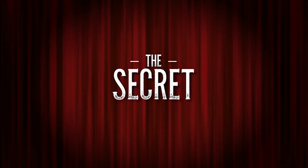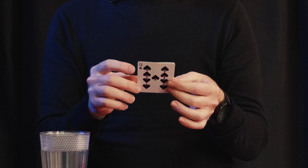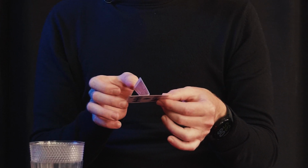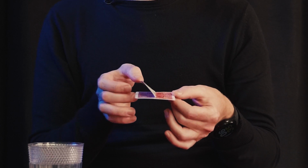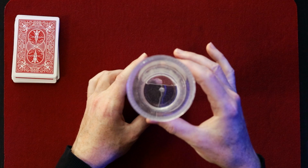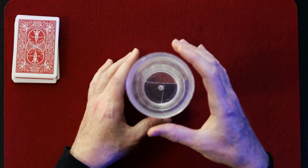So the secret to this trick is actually very simple. The deck of cards is normal, the glass is normal, but the card is secretly prepared. Because what we've really done is taken two cards and glued them together. So there's a hinge right here in the middle that allows the glass to rest on that back hinge, which supports the glass. It takes a little bit of practice to get the balance right, know where the center is, but here from the side view,